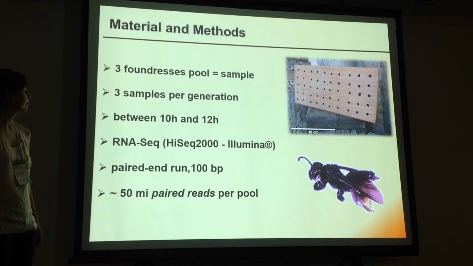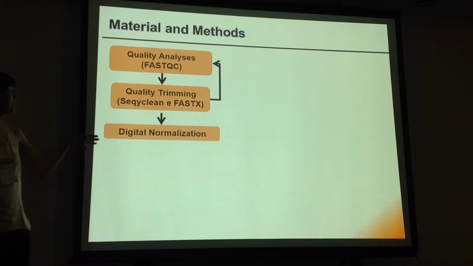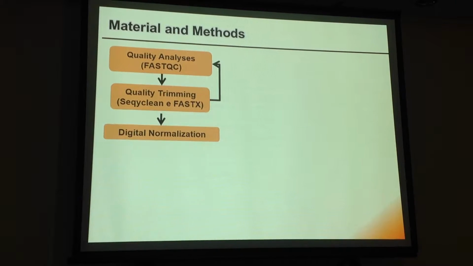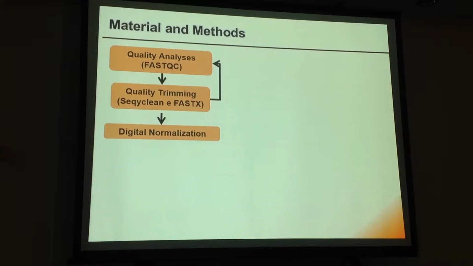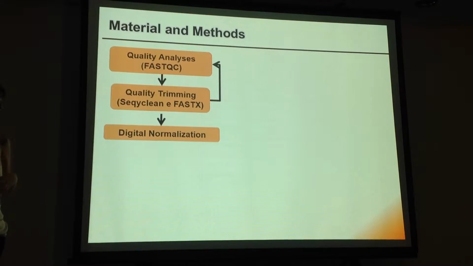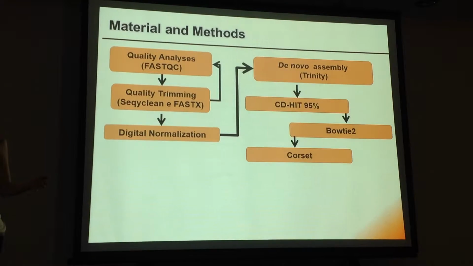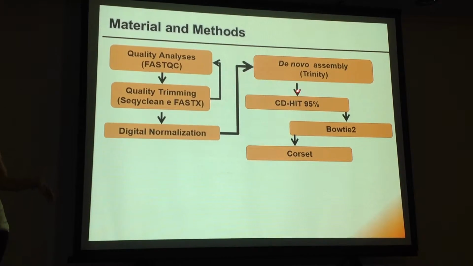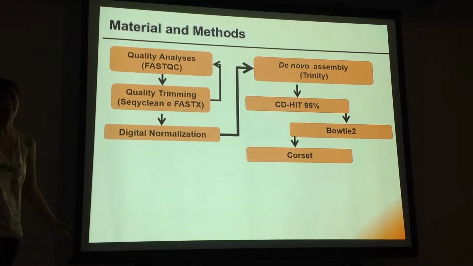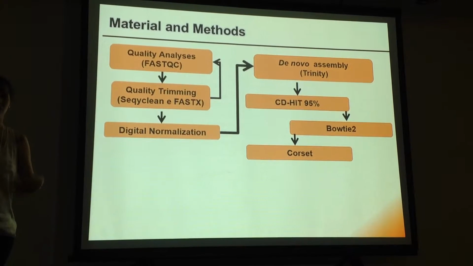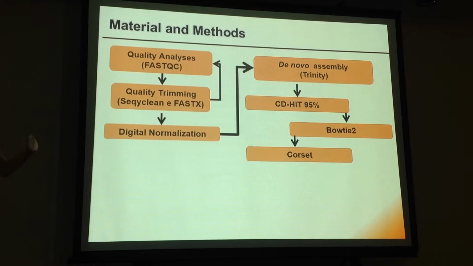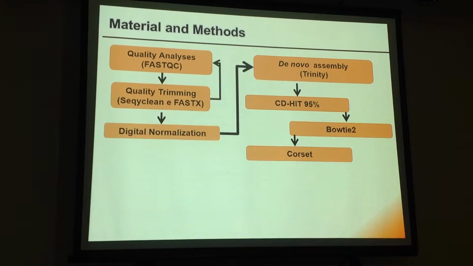So this is the base pipeline analysis. This is the pre-analysis: after all the sequencing had been done, I just took the reads, did the quality check, quality trimming, and then digital normalization. This is the base pipeline for the assembly of the transcriptome itself, so everything that would be used to realign all the reads and make the counts.